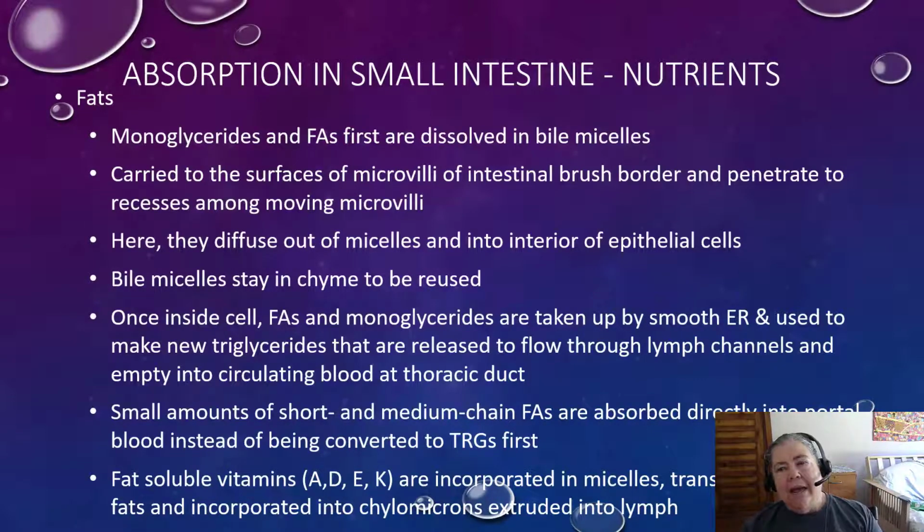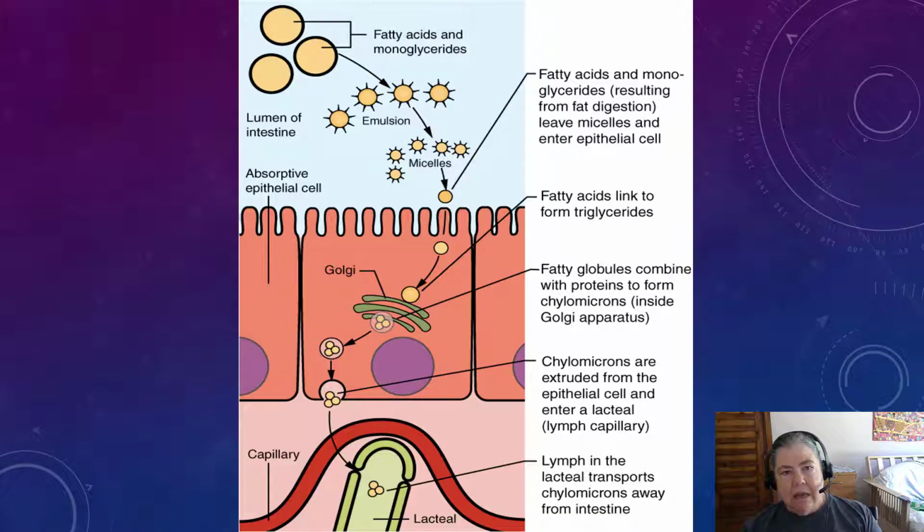And then fat soluble vitamins, and it's important to know which vitamins are fat soluble. So vitamins A, D, E, and K being very important to blood clotting, are all incorporated into those micelles and all move with those other fats into the chylomicrons that are extruded from the cells into the lymph in the lacteals. And here we have a diagram showing